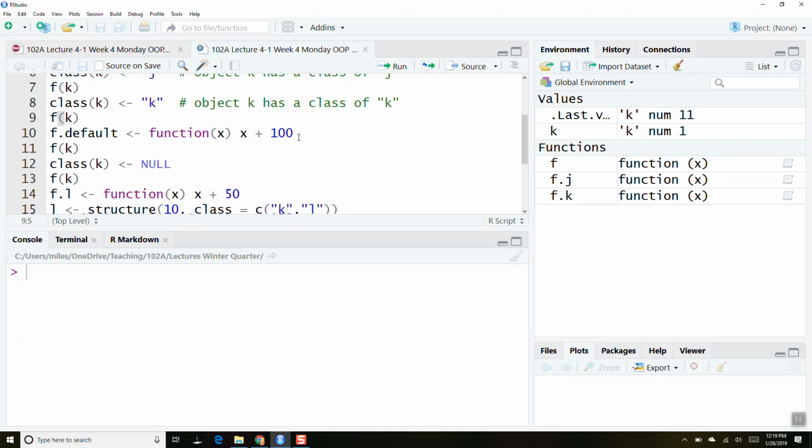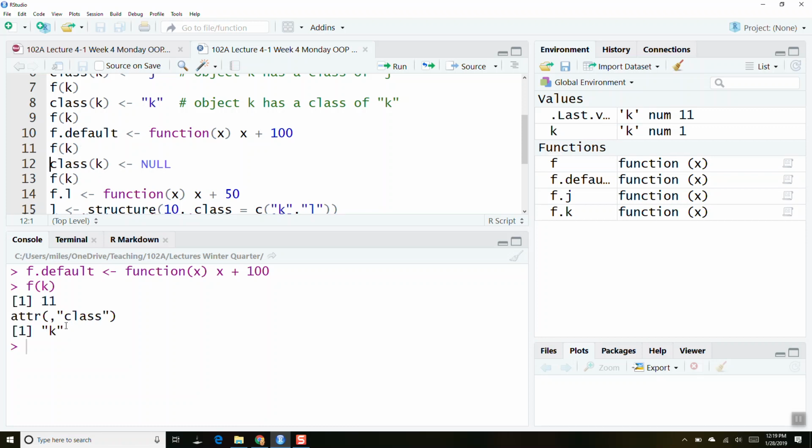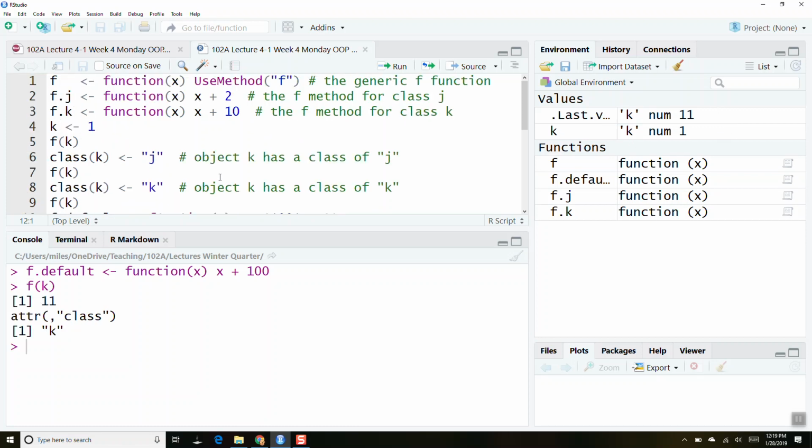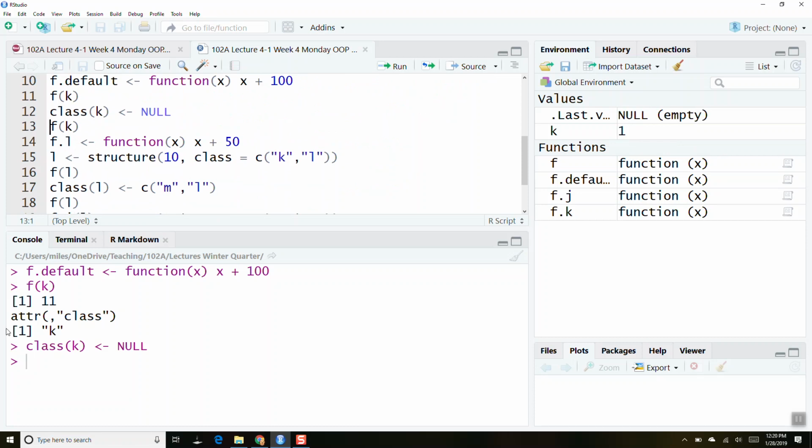I'm going to create a function called f.default. This is what we'll run, okay? So if I call f on k, it's still going to return 11 because right now the object k is of class k with the number 1, okay? What I can do is get rid of the class of k, all right?